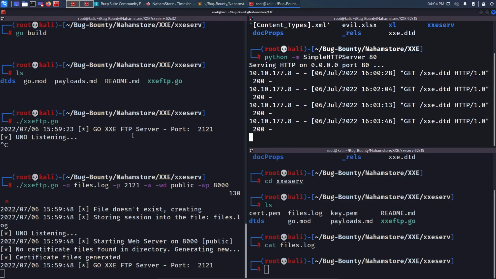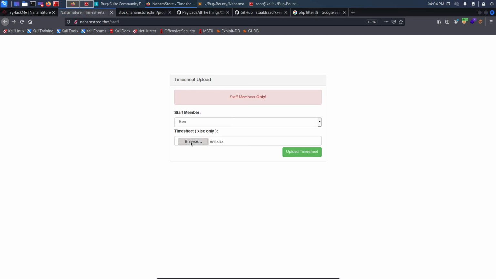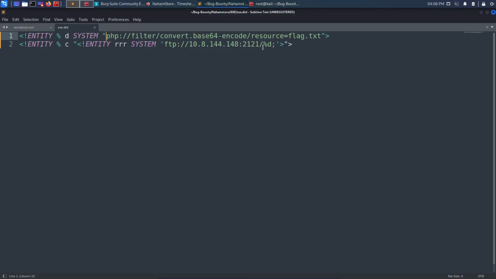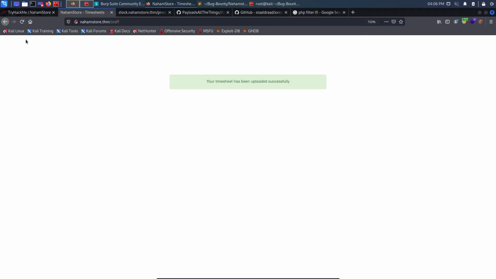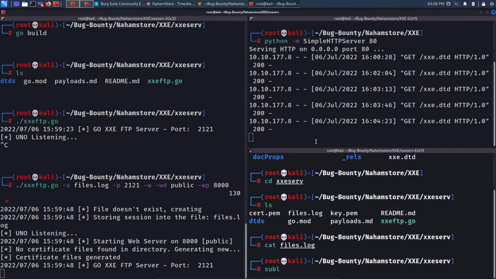Save now. Let's try one last time. Let's try to browse, click on this one, open up, upload timesheet. Again nothing interesting. So let's see, one more thing which I can do is, is it /flag.txt? Save now. Let's come back here, upload timesheet. Let's come back to our terminal,